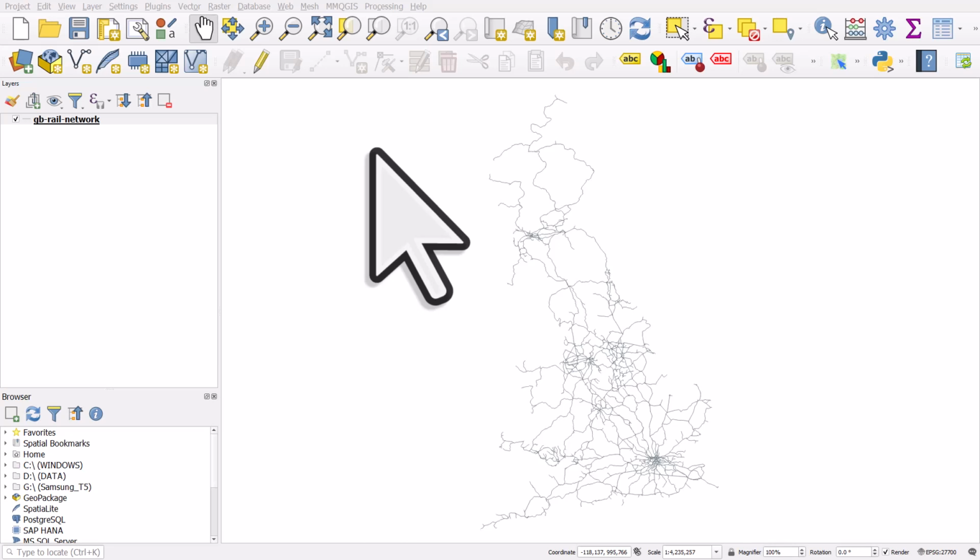Let's take a little look at GeoPackage layer names. This can be a little bit confusing if you're not used to using GeoPackages. On my screen, I have a shapefile layer of the rail network in Great Britain, and I'm going to save